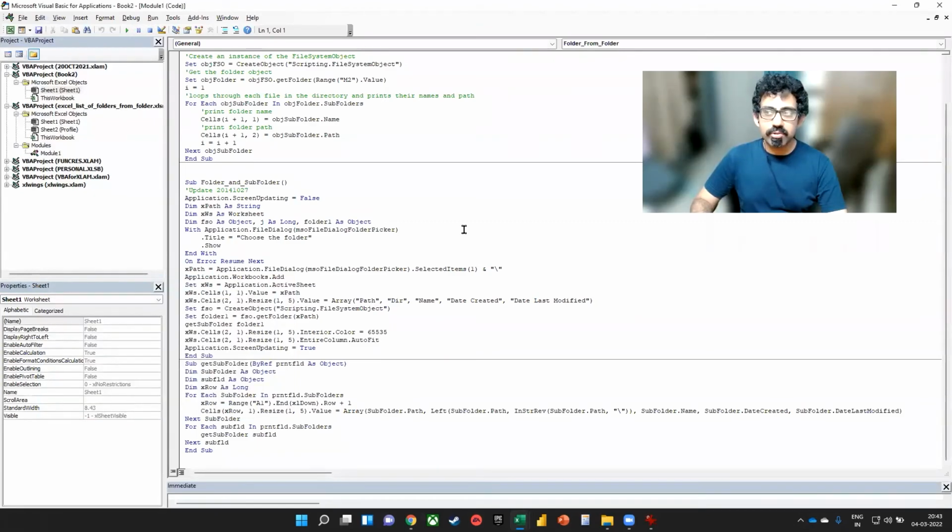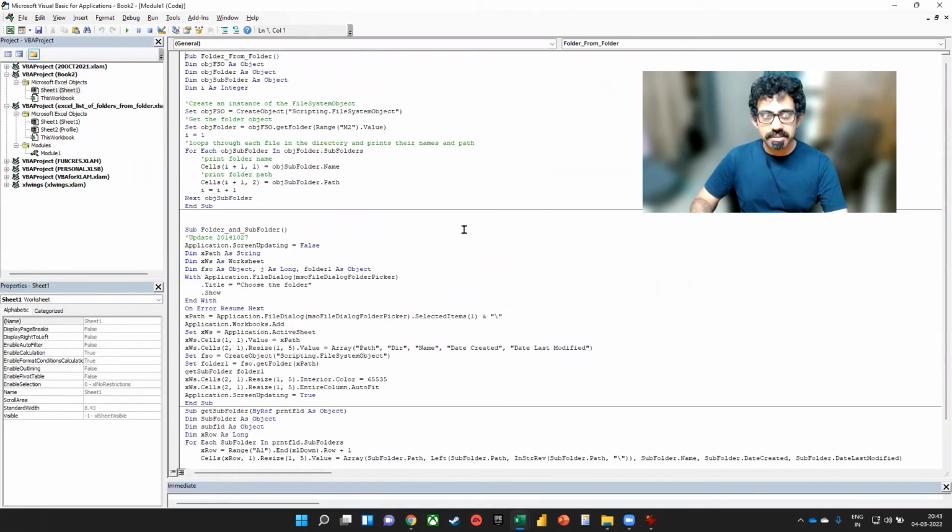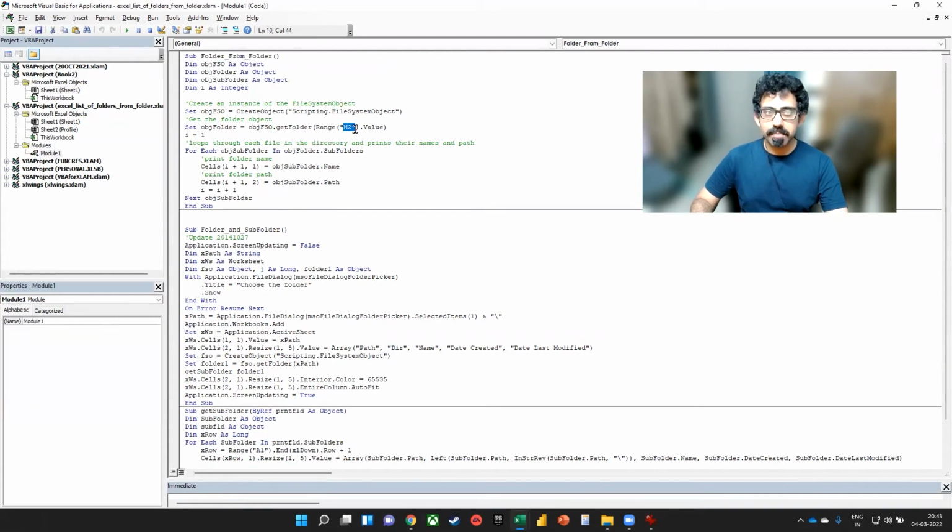In the VBA code, we don't really have to make a lot of changes, but then I'll just highlight the line of code that you might need to modify. In the folder from folder, you can see that we are picking the folder path from the cell M2. And if you want your results to come in a column other than column 1 and column 2, you can change that here. So you can see that we're getting the name in column 1 and we're getting the path